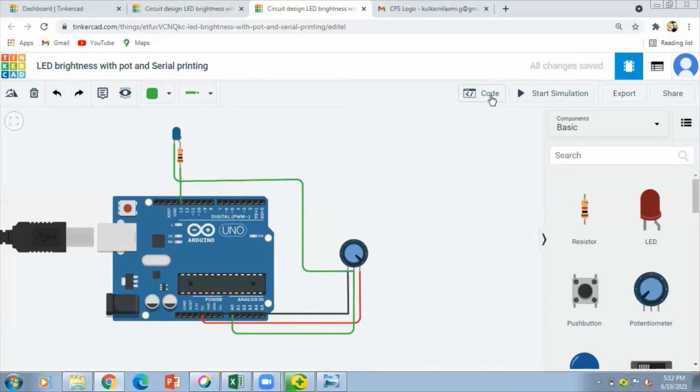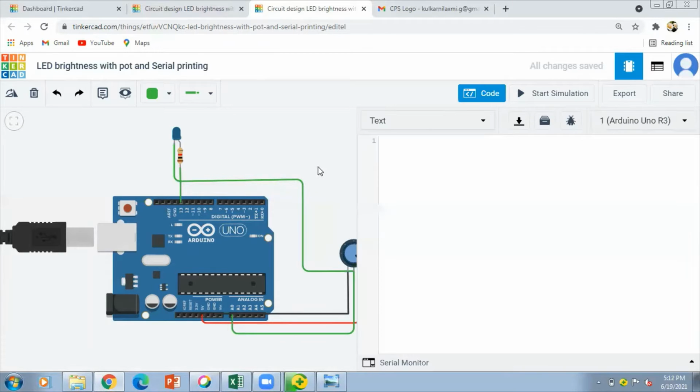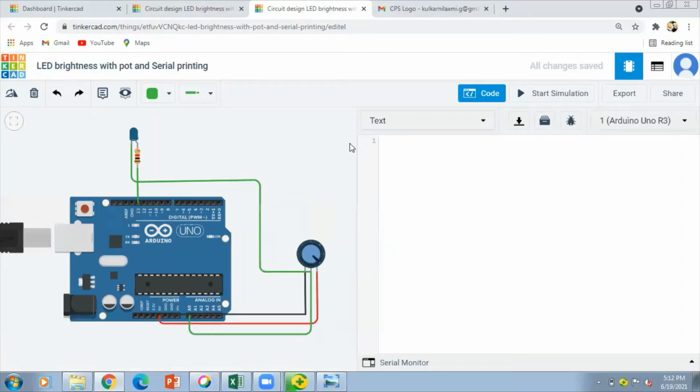Fine. So for that, we need to write some code. So we start with the code. Initially, I need to define where I have connected this wiper and where we have connected this LED. So I'm going to define two variables.